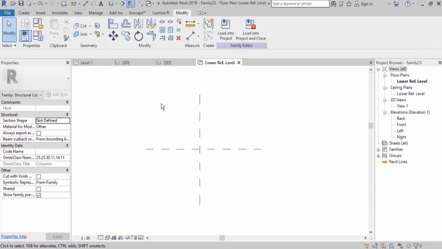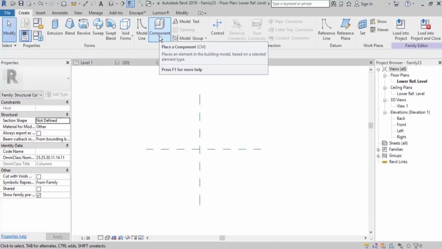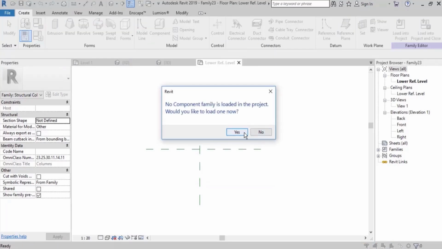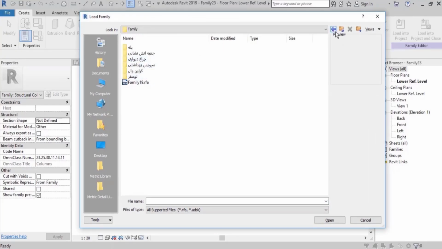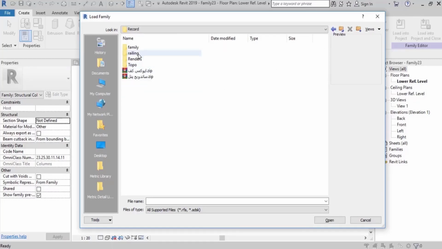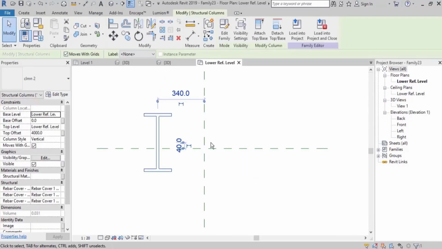But remember that when you are in a family and you want to load another family, you can easily go to create and select component. So any family is somehow a component for another family. I click and I select that double column I had. I load it. I select it and load it. Leave it here. Now this is an object,